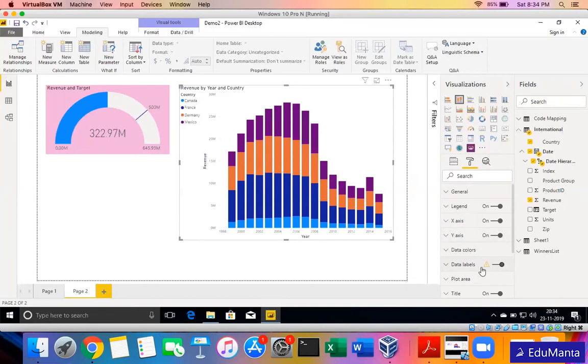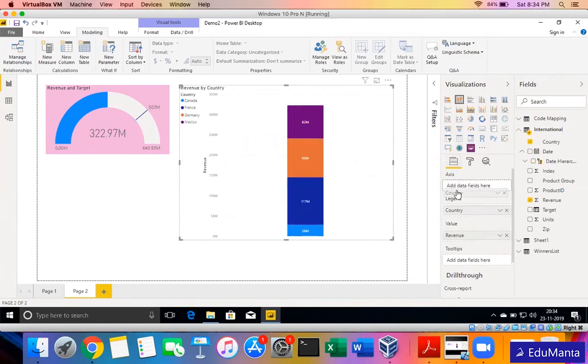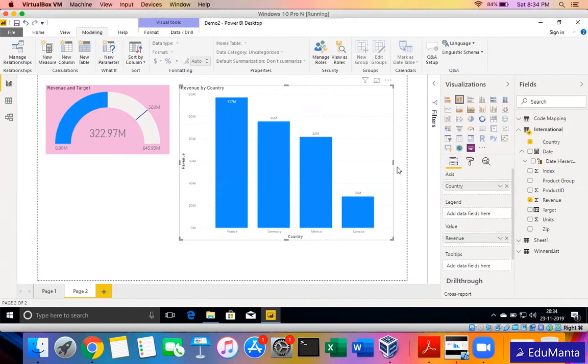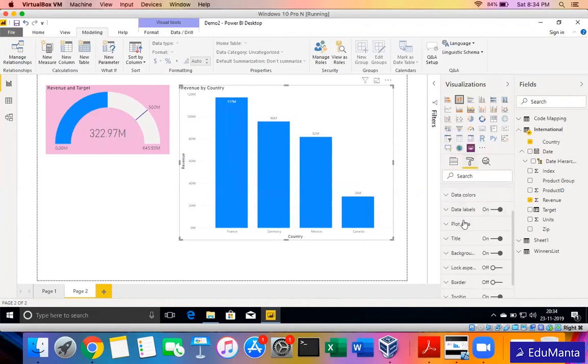So you see this is a big chart. It's itself giving a warning icon, but suppose it's a small one where I have just the country and this. So the labels, the data is coming up, and this label is quite small. I want to increase the size of it. Go to the data labels and text size. You can just increase so that now the label is visible on the chart itself.